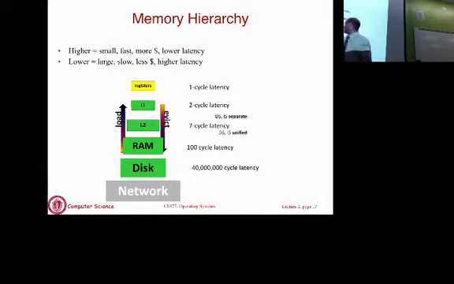Now when you compare that to disk, you will see that disks are 40 million cycles. So orders of magnitude slower than RAM, roughly 3 to 4 orders of magnitude slower. If you have to go to disk to fetch something, rather than going to memory, that's going to slow you down by another 3 orders of magnitude.